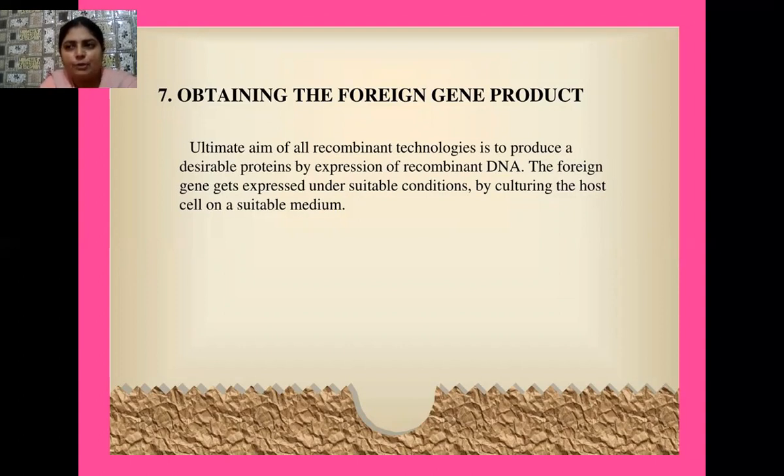Here we extract the desired protein, and then we do the separation of this desired protein. As this desired protein is not in isolated form, it carries other impurities with it. So we have to remove those additional molecules, and we obtain our desired protein by using various separation techniques, which we generally use for separation of chemicals in chemistry. After the separation techniques, we isolate our desired protein, and we also do the purification of this protein.